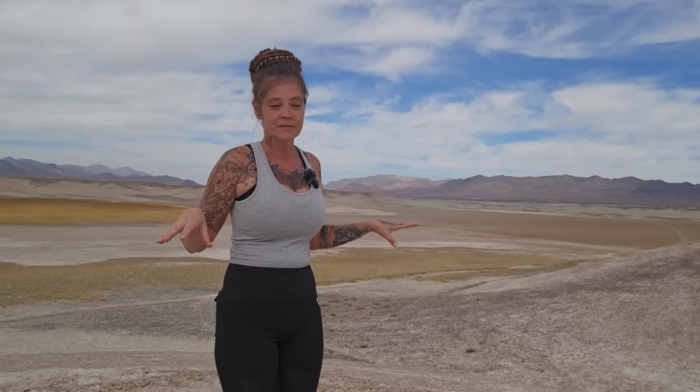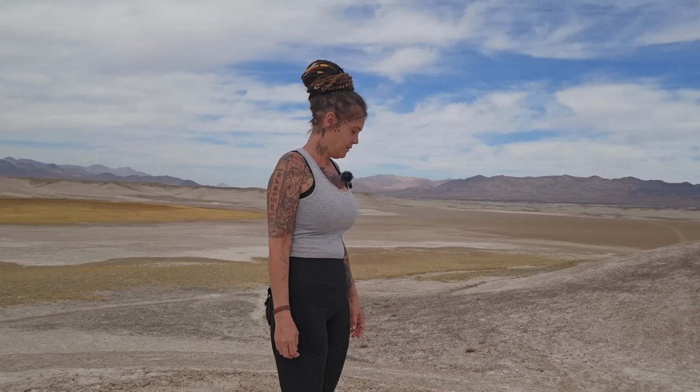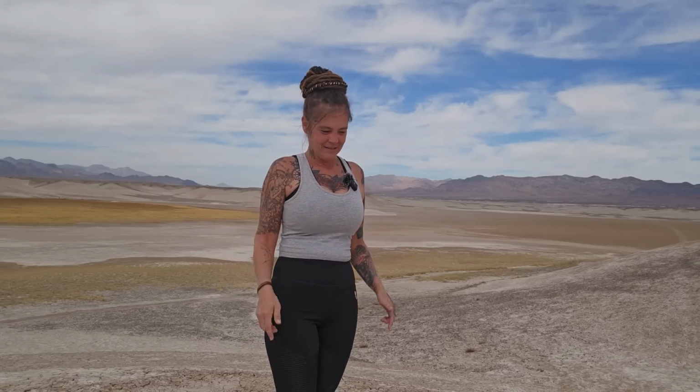The whole entire town. Everywhere that you walk, the ground is soft. Because there's water under there. I mean, it's pretty cool to think that this whole town just sits on top of water. And that's how they get all the hot springs and everything. Everywhere in this town. Everywhere. You could stop and visit a hot spring. This little area back here,